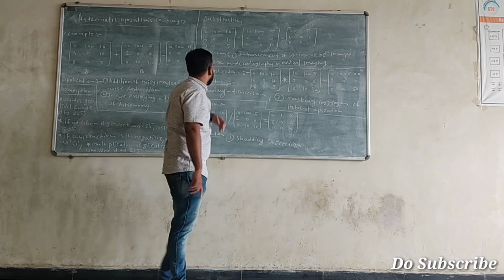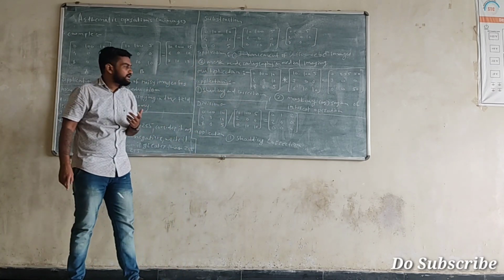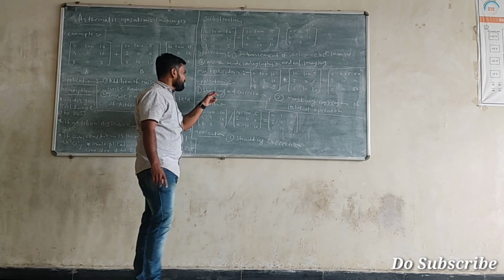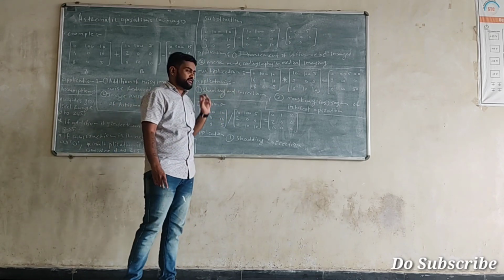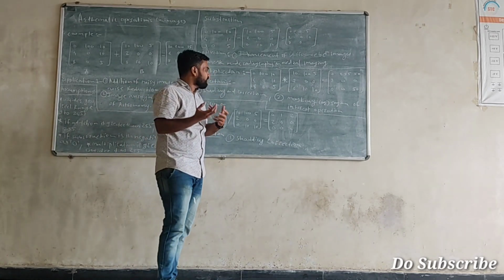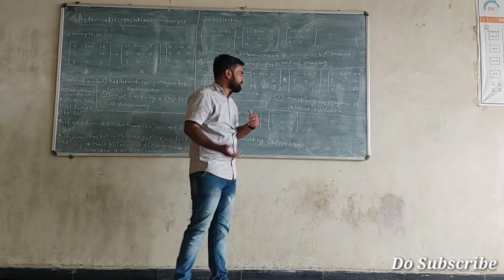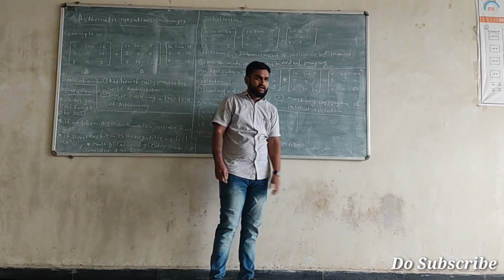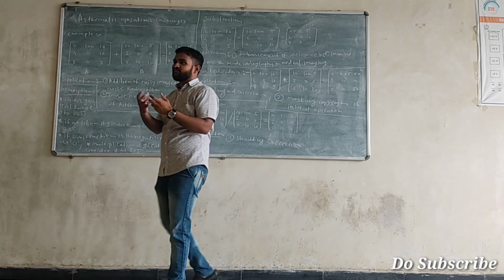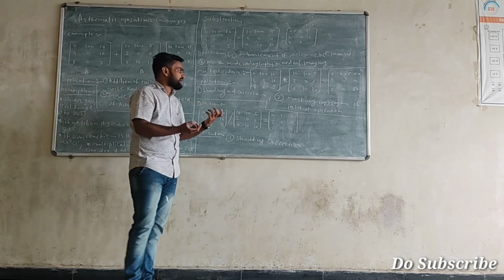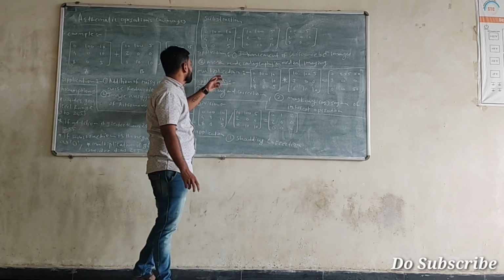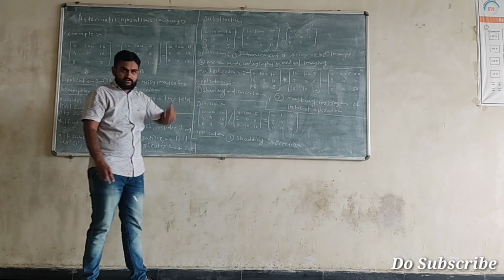So why do we need a multiplication type of operation? Multiplication is used for shading and correction. Shading of the image and correction. For that purpose, we need a multiplication operation. With that, masking or region of interest operations. If we want to do region-based operations where region of interest operations are there, or we want to perform masking, for that purpose we have to use multiplication.